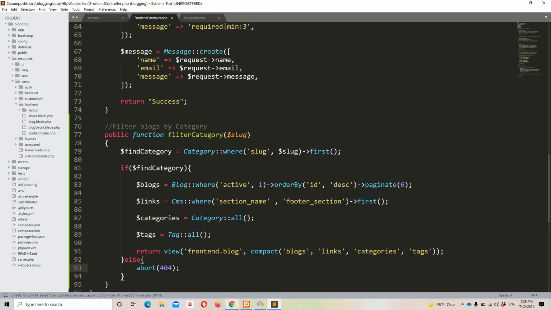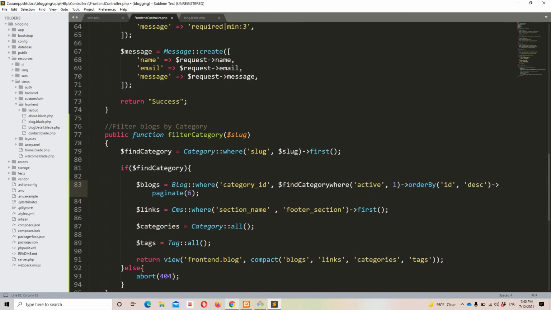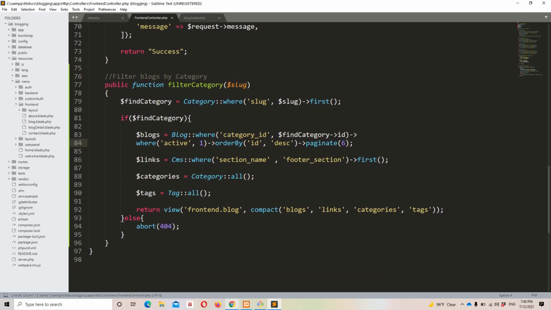Okay, now is the time to get all the blogs that have this specific category, whatever we have in the slug. So for that I'm going to add a where clause, where category_id is $findCategory id, just like that, and we can change the remaining methods. Okay guys, so I hope it makes sense. We first of all found the category that was related to this specific slug, okay, and slug would be unique, or you can say the URL.